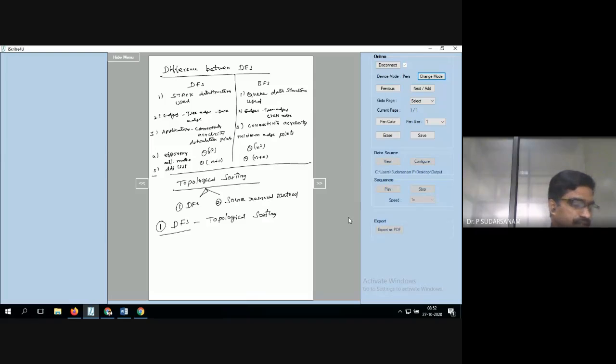So perform the DFS traversal and note the order in which vertices become dead ends. That is what you have to say. Next, reversing that order yields the topological sorting. That is what you have to do.